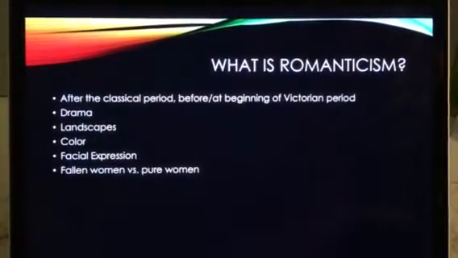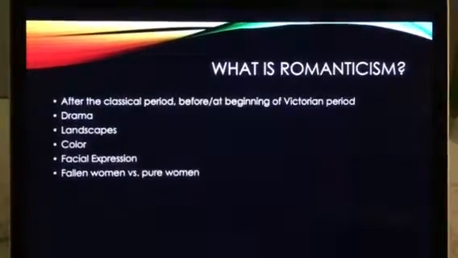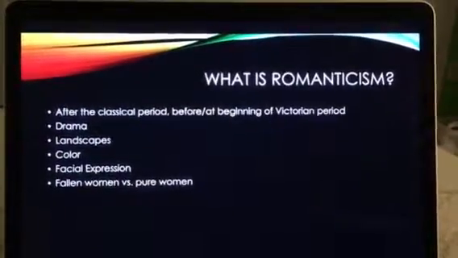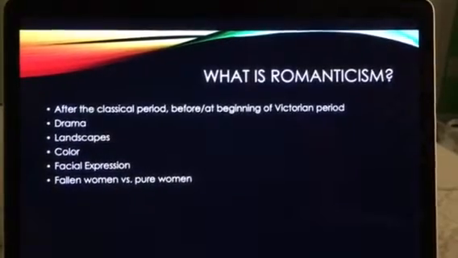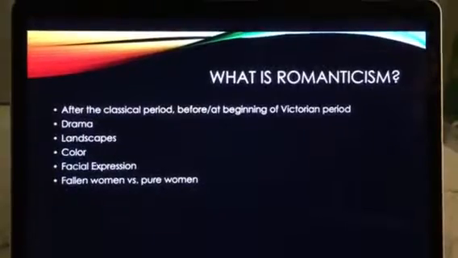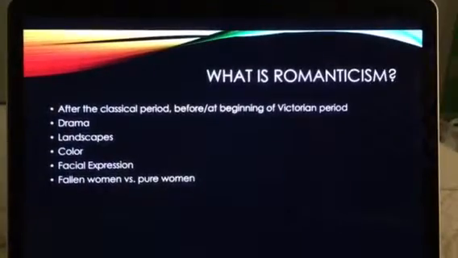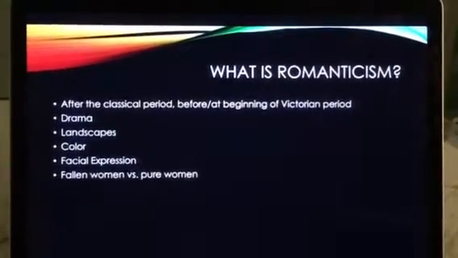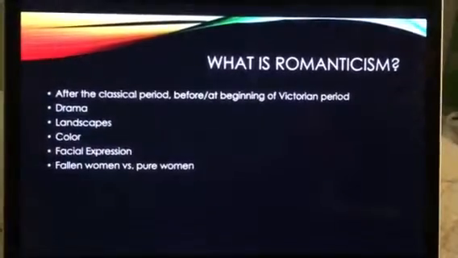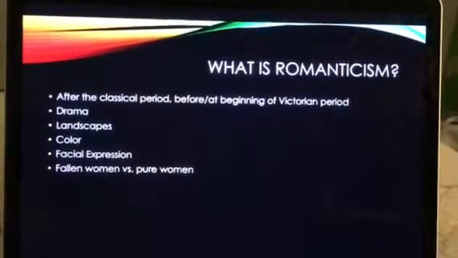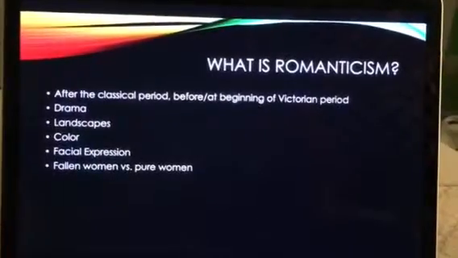Romanticism is really hard to give a clear definition. It's after the classical period and before or at the beginning of the Victorian period, which includes Romance and Gothic. I would say in Romanticism there's a lot of drama, beautiful landscapes, vibrant colors, facial expressions, and emotion, and